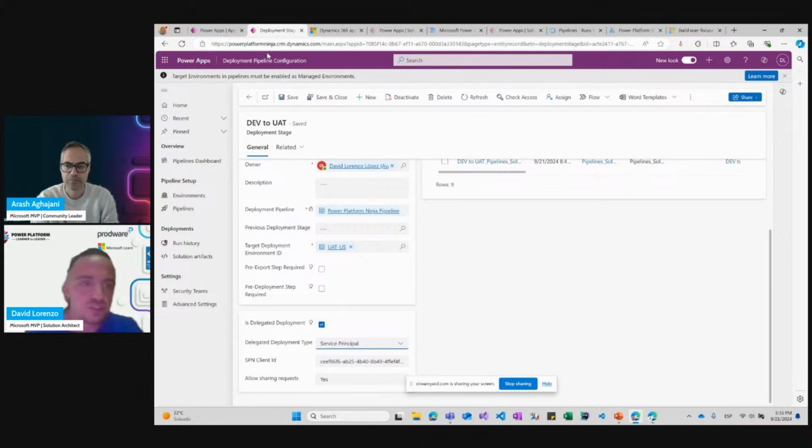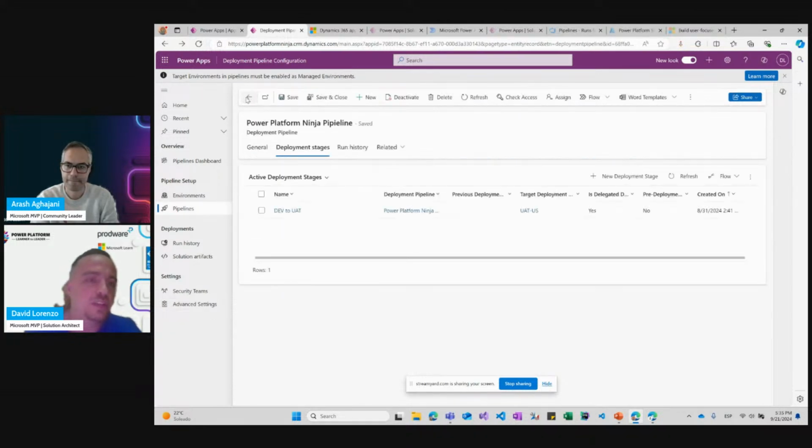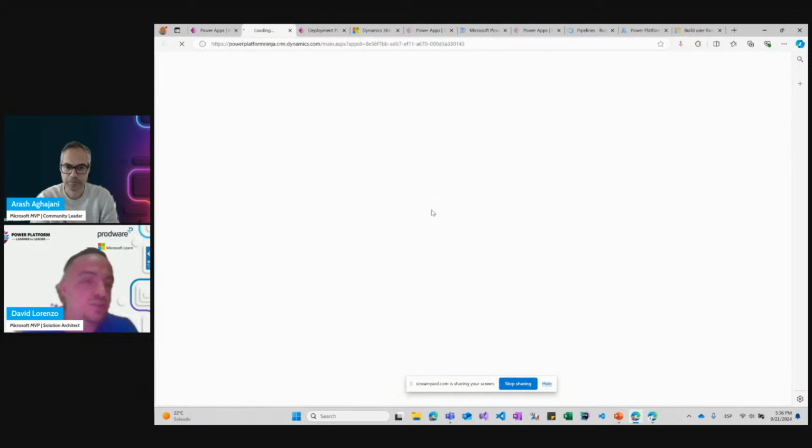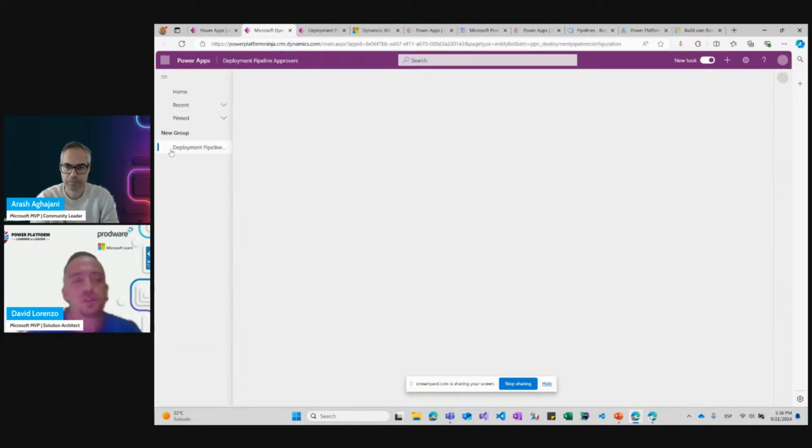So this is all from the application pipeline configuration. We go back and we will see our application. We have extended the schema, the data model that the Power Platform pipeline gives us by default. We have added a new table and we have created a model-driven app to manage this table.